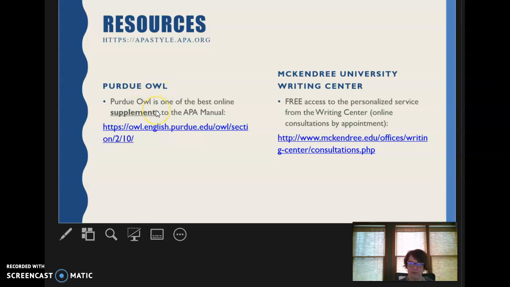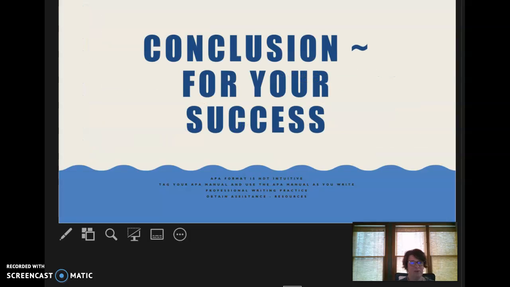Purdue OWL is one of the best supplemental resources for you. Not all are correct, and I do want to emphasize that not all templates are correct either, so keep that in mind. And the Writing Center is available to you. So really, this is for your success. And always, always, always use your manual, and that's why it's so important